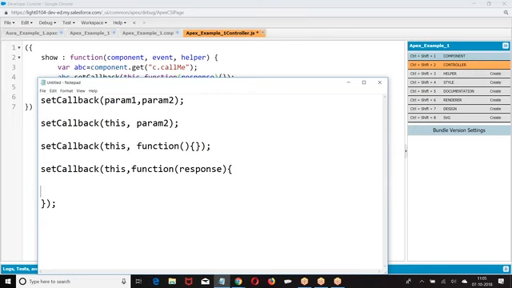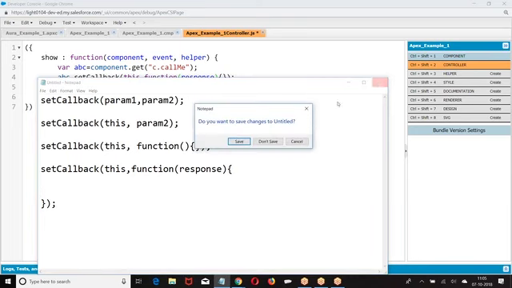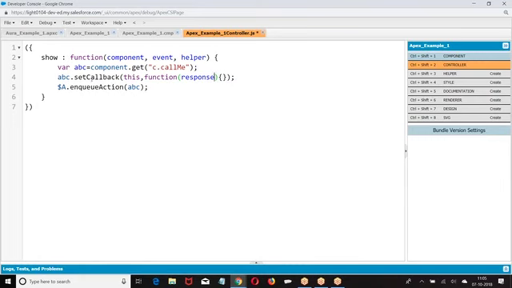People have followed this structure. So what is that? Set callback, this comma, function, response. Now come back to the point. People are good with this? Okay. Now, this is what I am defining: set callback this function. Everyone is good with this, right, boss?